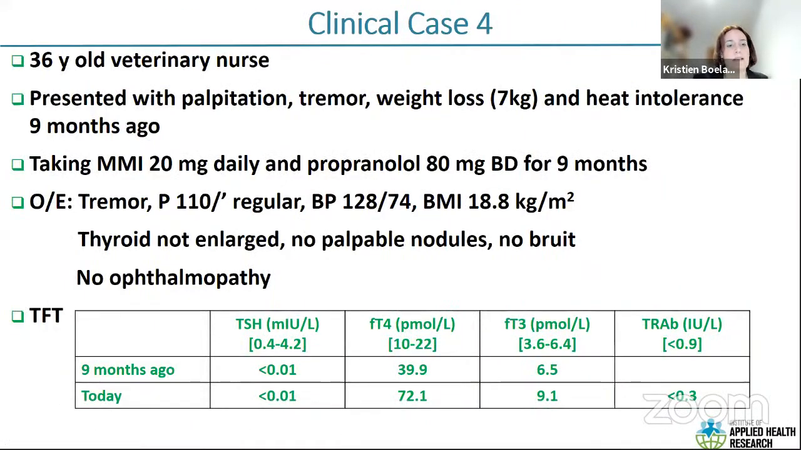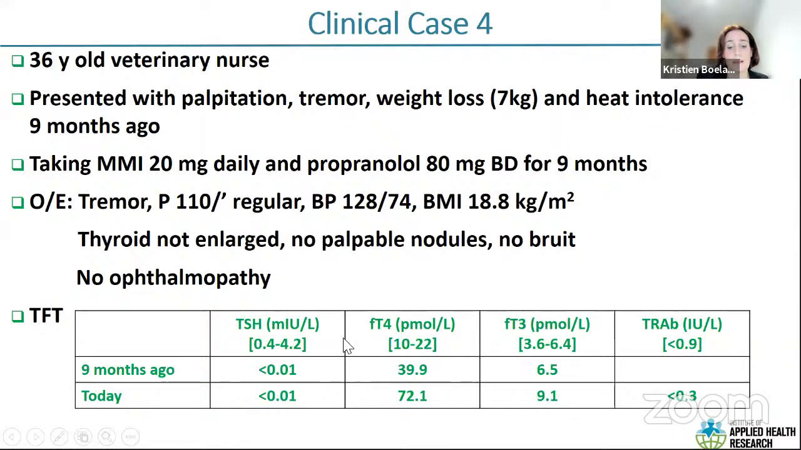And then my final case is of a 36-year-old veterinary nurse who presents with palpitation, tremor, weight loss, and heat intolerance. She's been taking methimazole, 20 milligrams daily, and propranolol for 9 months. She is quite thyrotoxic. She has a pulse of 110 in a regular rhythm, a normal blood pressure, and a low BMI. She does not have thyroid enlargement, no palpable thyroid nodules, and no bruit, and there are no signs